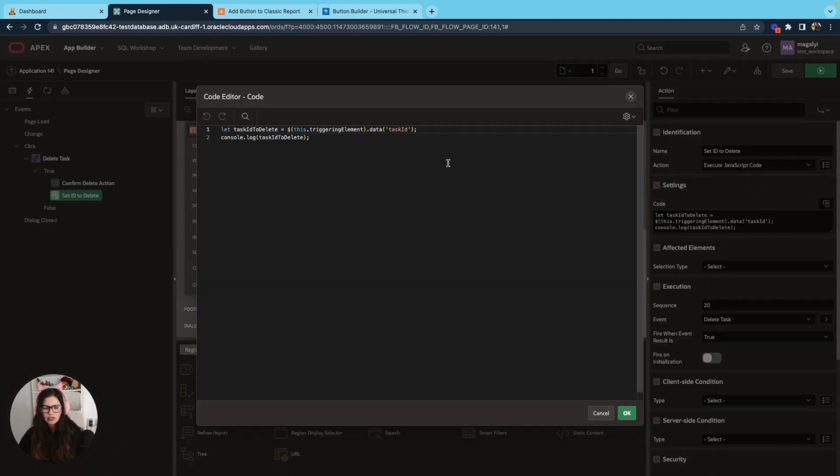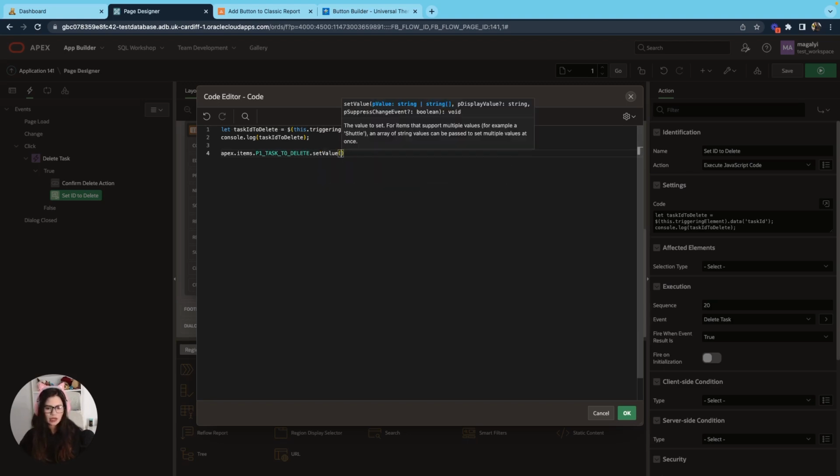And on the execute JavaScript code that we were doing, we're gonna add one last piece, which will be to set that task ID, that ID for the row. We're going to store it in an Apex item that we're gonna use in the next action to actually delete from our table. So for that, we're gonna do apex.items and then we get an option to select which item we want to use. So in this case, we only have one, which is P1 task to delete item dot, and then we're gonna set the value to the variable we just created, which has the task ID, the row ID I want to delete. All right, so semicolon at the end, click OK,